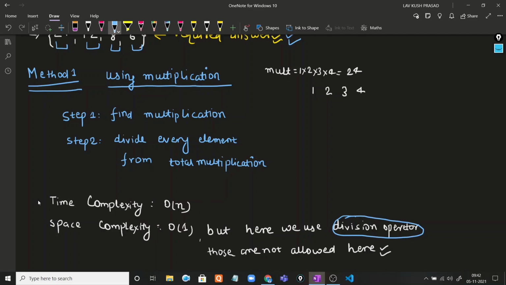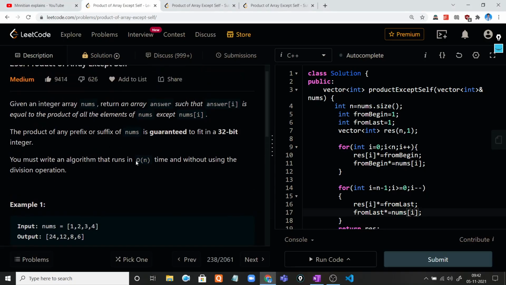But if I talk about the complexity, this solution is big O of n in time and big O of 1 in space, because we don't need any extra space here. Okay, so let's move to the next solution, where we don't need the division operator. Our requirement is that you must write an algorithm that runs in big O of n without using the division operation.